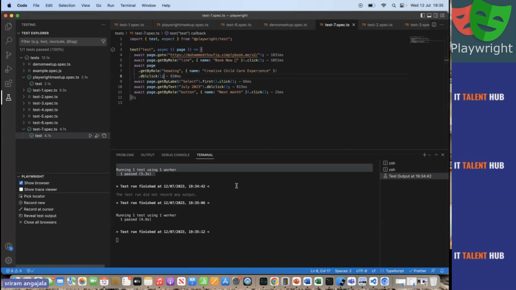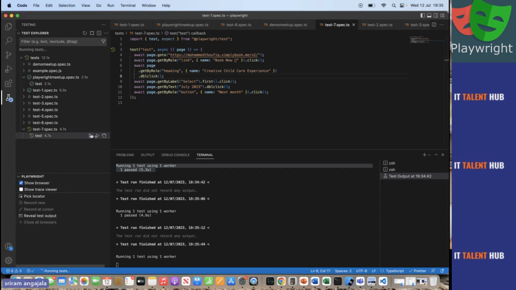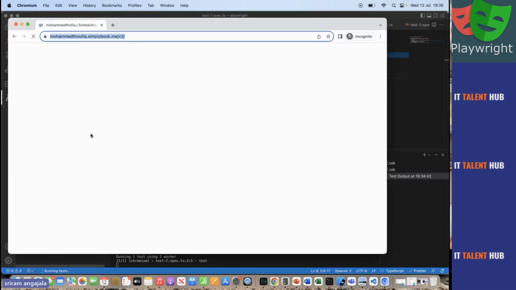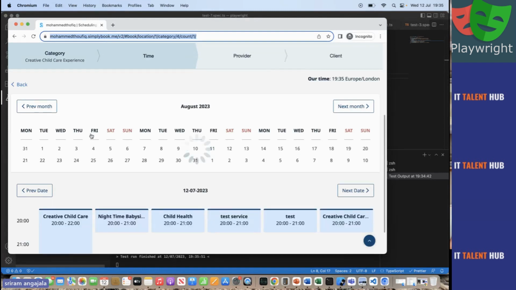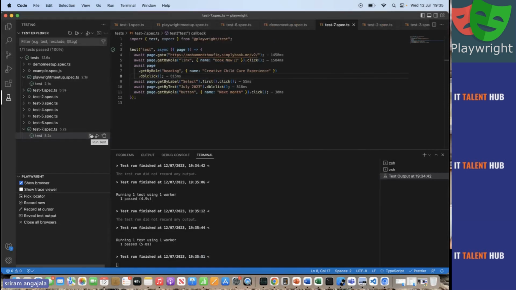OK, and what else? I'll close the browser. I'll run it for you. It's hard to believe, especially coming from Selenium and that kind of background. But your tests are all working. OK, it's not flaky. It never fails. But because it uses a very advanced way of locating, you don't use XPath and nonsense. It used by label, by role, by text. It got its own locator. So you can see here the test is done just like that.